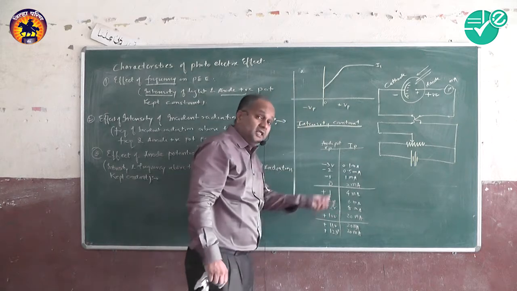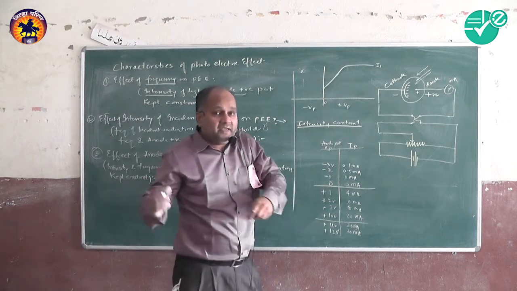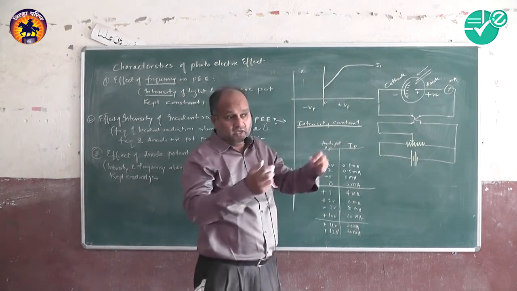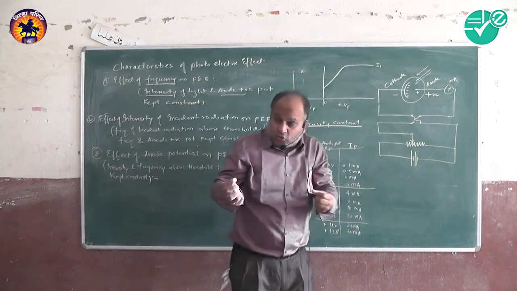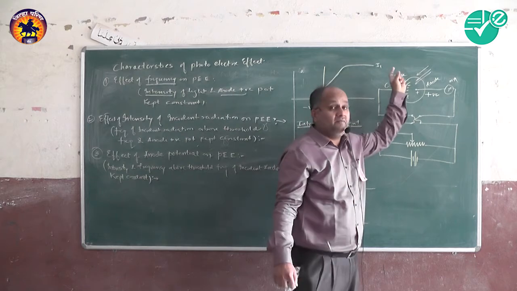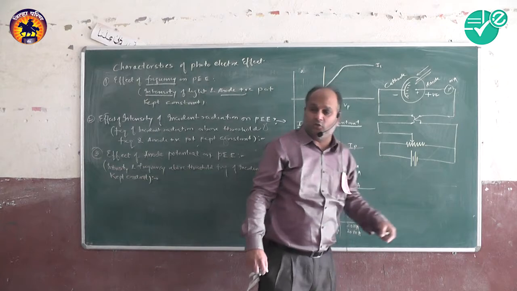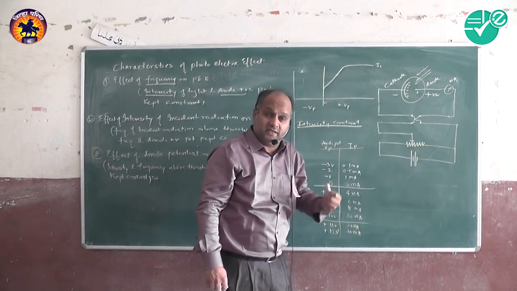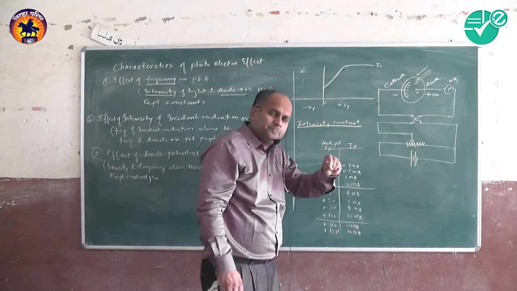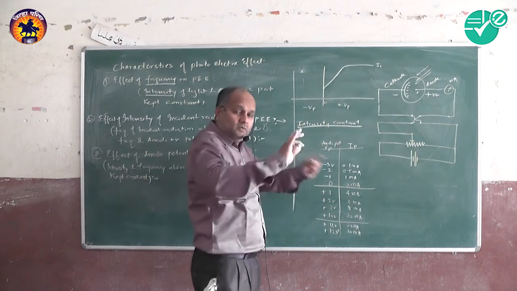Now look here, even though the anode is given a negative potential, the emitted electrons have high energy. So what will happen? They will be attracted... no, but due to the energy, they will go and hit the surface of the anode, because they are high energy. So there is still some photocurrent of the order of microampere, 0.1 milliampere, that will flow there. The current is not equal to zero right now.